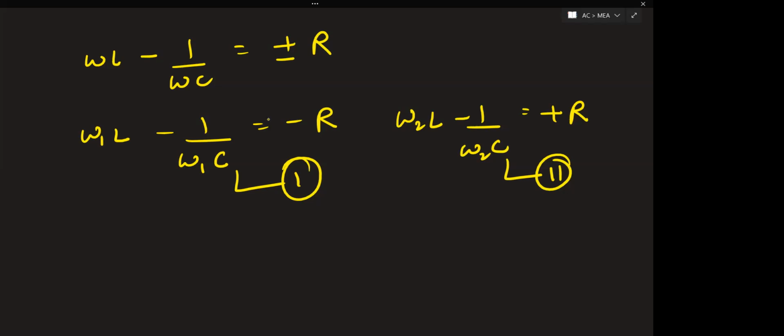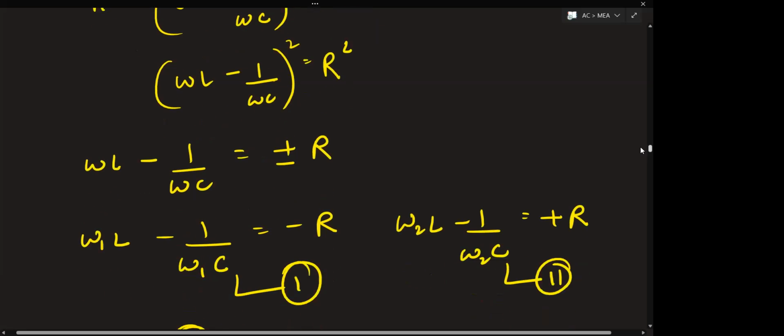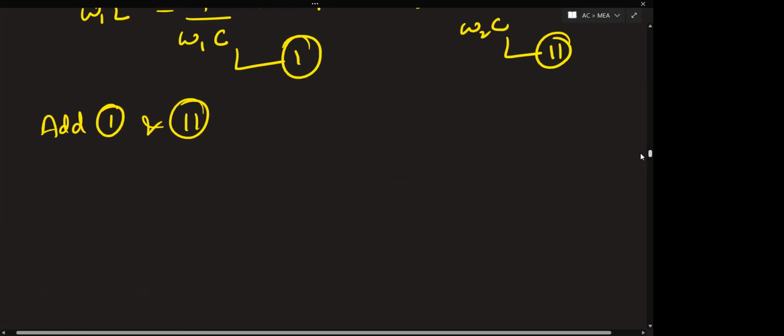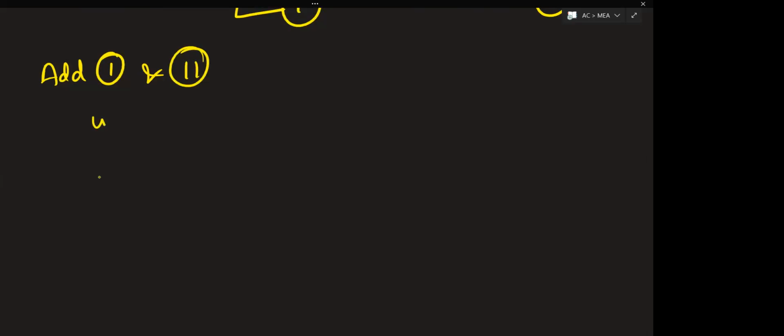See, if you add both these equations, equation 1 and equation 2, what will you get? Add 1 and 2. Class, these two equations are important. Let me know one thing: till here, it's clear to all of you? It's just that I have taken the root on both sides. If you've understood here, now understanding is not difficult. Just add both the equations. If you add, omega 1 plus omega 2 can be taken common, or let me write all the steps first.